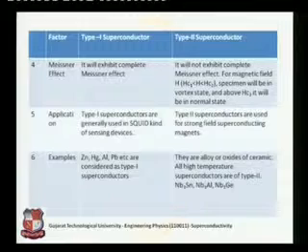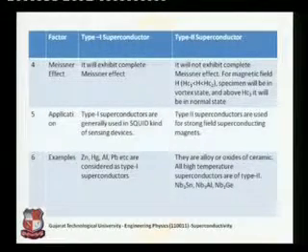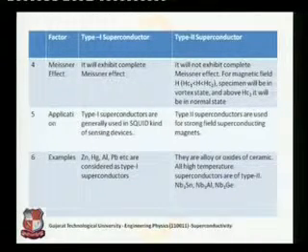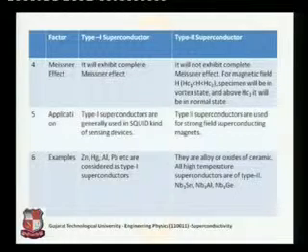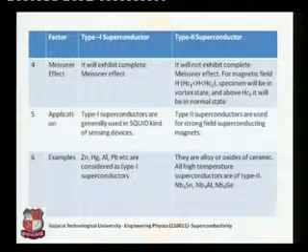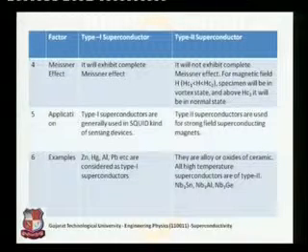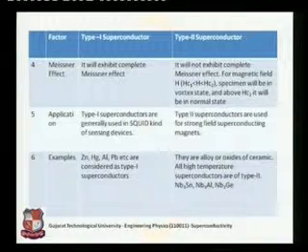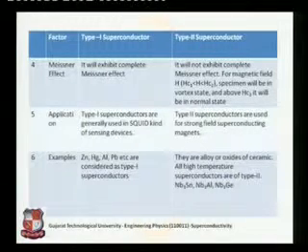But between Hc1 and Hc2 it exhibits a behavior which is not a perfect superconductor as well as not a perfectly normal material. In that case we call it the vortex state. We will talk about it in the next slide, but this is a vortex state which is in between the normal state and the superconducting state. So in the Meissner effect, type 1 has a perfect Meissner effect, and type 2 has an incomplete Meissner effect, or initially a perfect Meissner effect, then the vortex state, and then normal behavior.